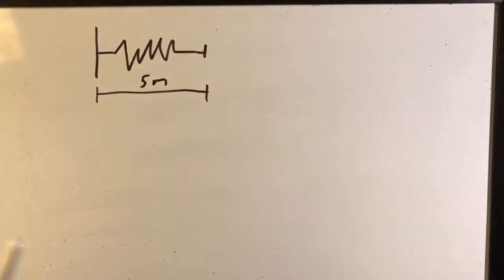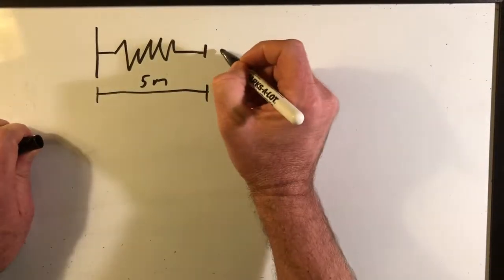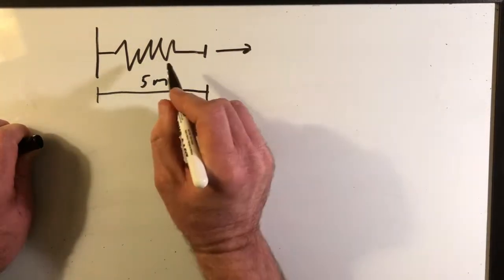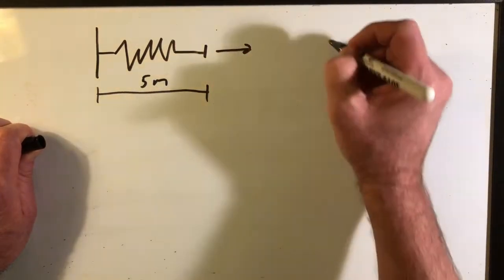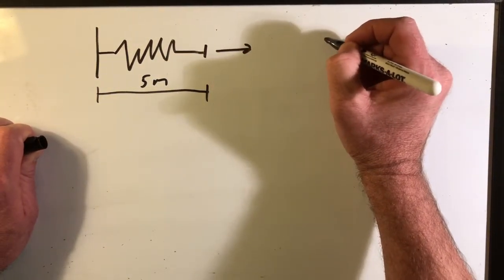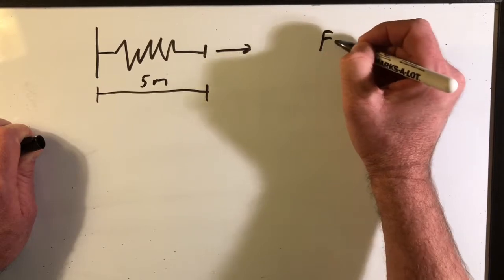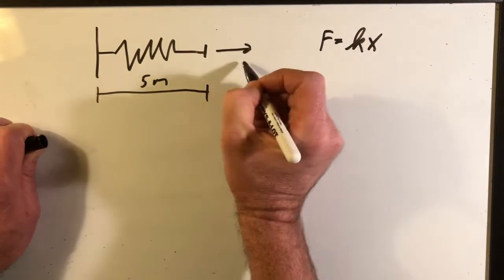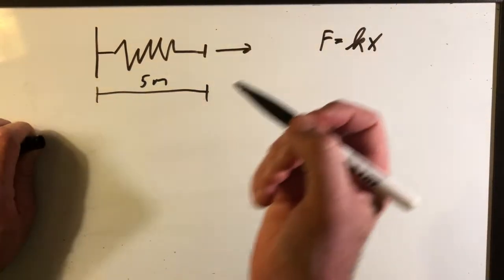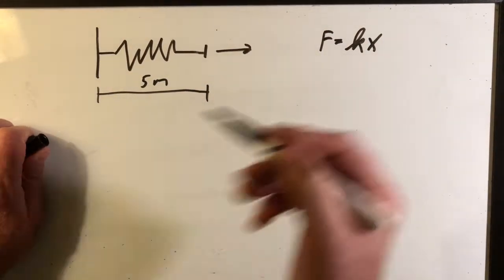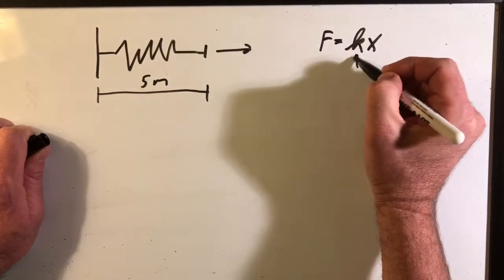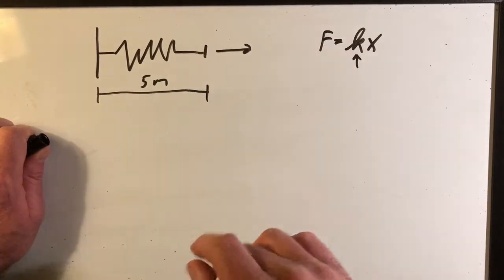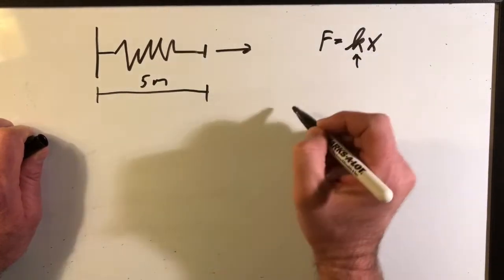Okay, so you have some sort of natural length, and let's just say you're going to be stretching that spring out. So the force associated with stretching that spring, if you remember Hooke's law, the force equals some sort of constant K, and then that distance that you pull that spring out. So what's going to happen in your calculus class? They're probably not going to give you K. If they do, then there's probably some other trick in there. But instead of giving you K, they'll give you,